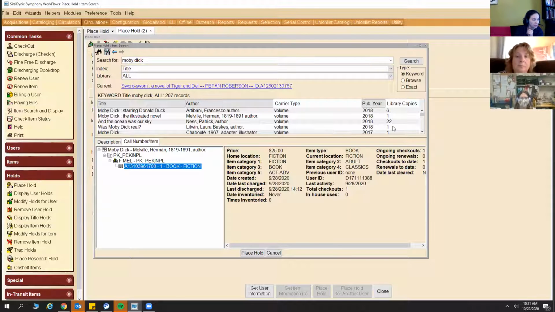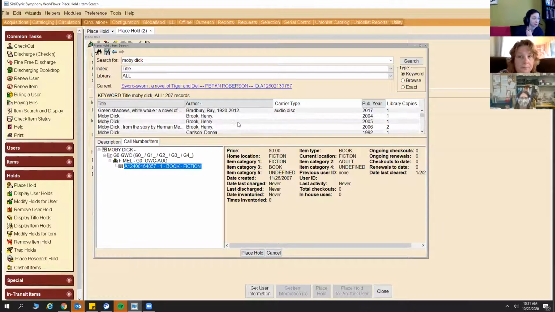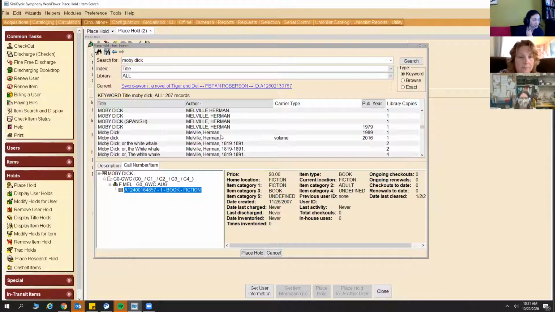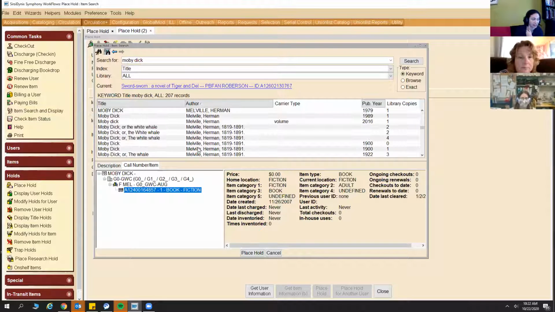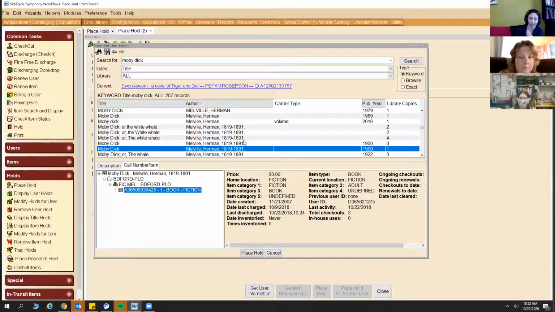But when you make a selection, if you have multiple options of the thing you want, sometimes you'll have, especially something like a classic. Well, here. You can also sort by the different columns by clicking on the column header. Let me scroll down to the Herman Melville. Like I'm going to have multiple options for Moby Dick by Herman Melville. We're going to have multiple editions, things like that. I'm probably not, unless I can't avoid it, going to want to choose one with only one copy on the record. I'm going to want to go for one with,